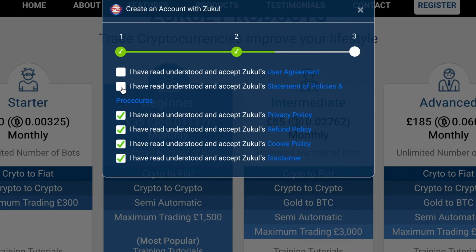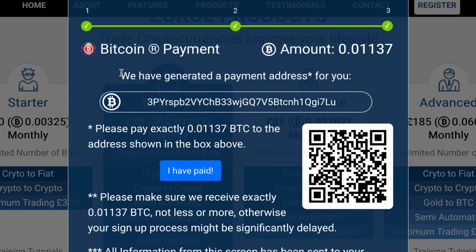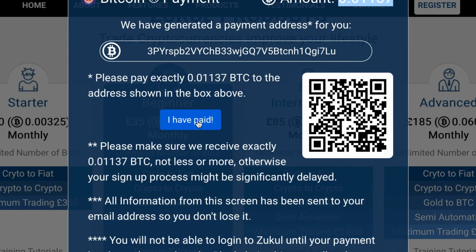So once you've gone through all those, you just put a tick in those boxes and you'll be taken to here. It gives you this Bitcoin address here, but all you do is copy this address. It's unique to you, and you send the exact amount of Bitcoin, which is this amount, to that address. And I've sent that. So what I do is come back over to Zukul, click this button here to say